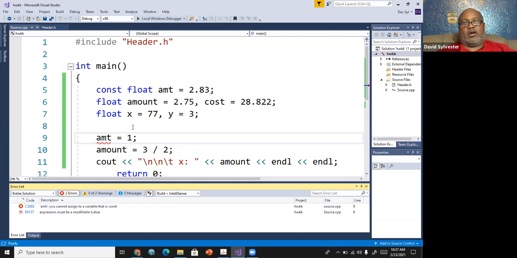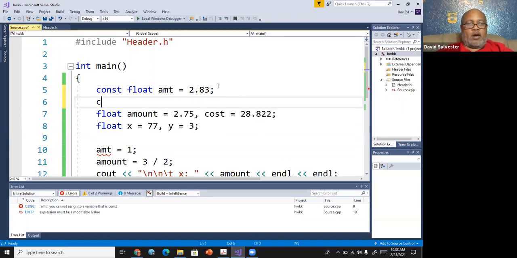I'll give you an example. Many people have used math. Pi is equal to 3.14 in short, right? If I was writing code where I was calculating the area and circumference of a circle, I would be using pi in my formulas. Now, I could in my program say const float PI is equal to 3.14.